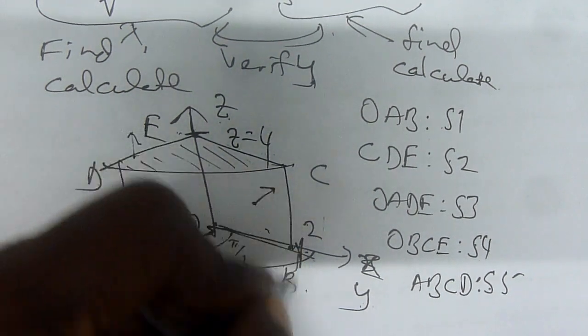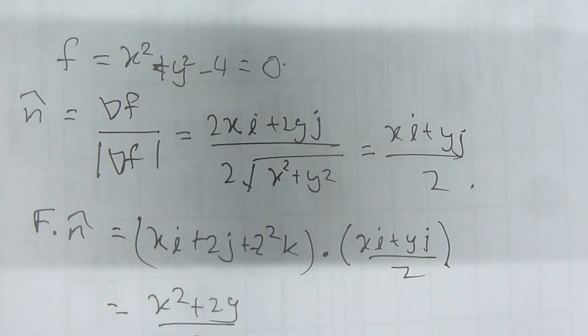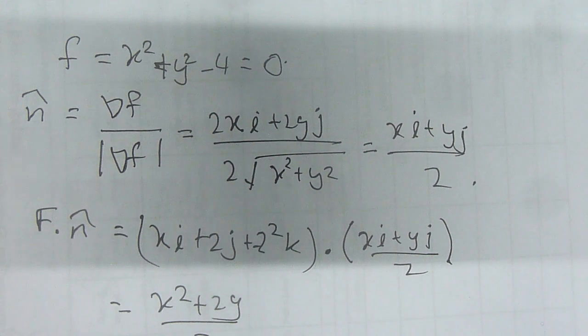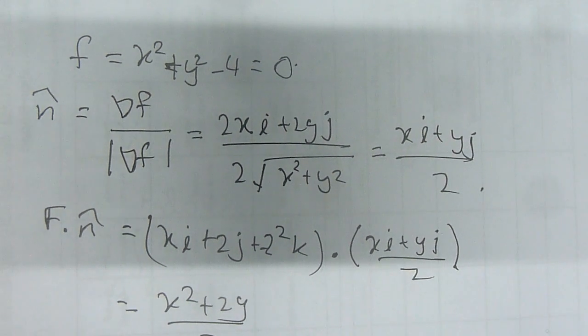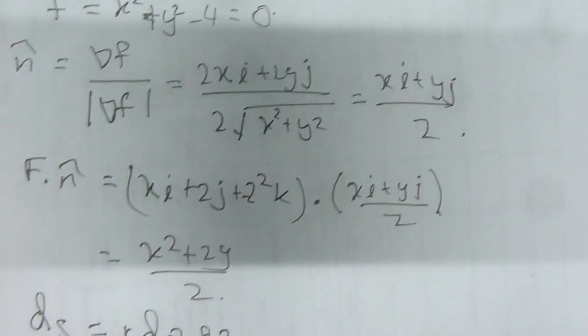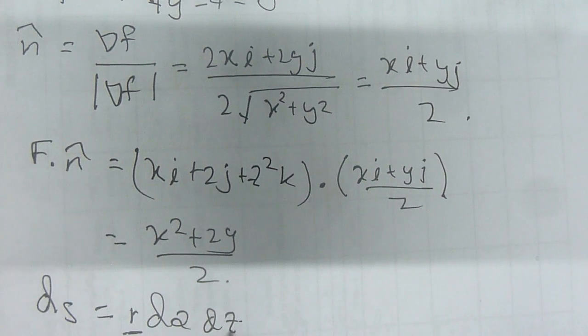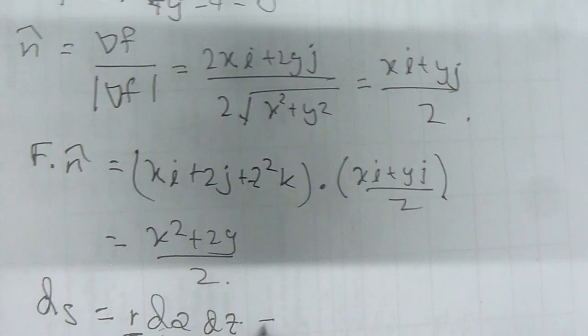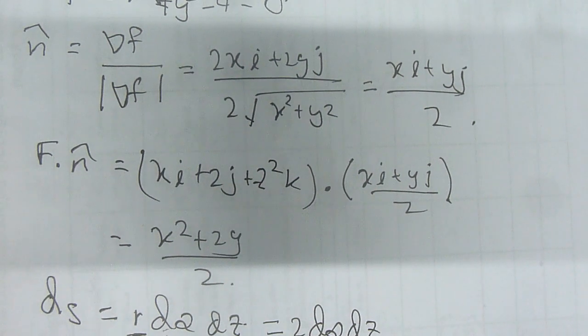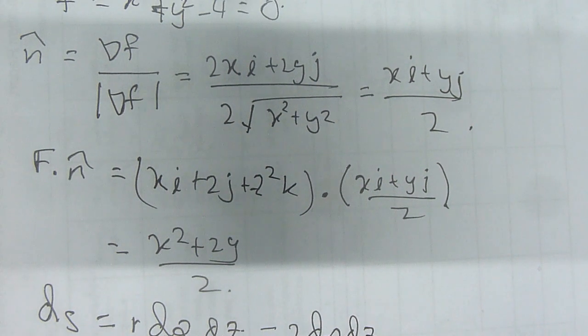Can you see this become a rectangle? But instead we're going to use the actual calculation of this. And the best part is that ds to calculate is r d theta dz. Since r is not involved as a variable here, I call it 2 d theta dz. Since we're going to use d theta and dz to calculate this, remember,